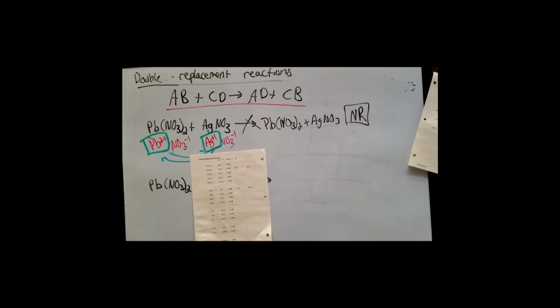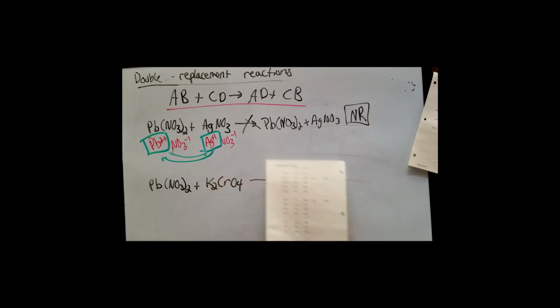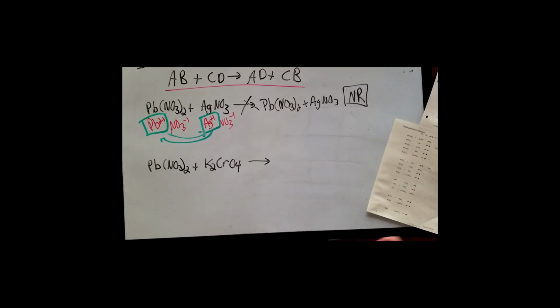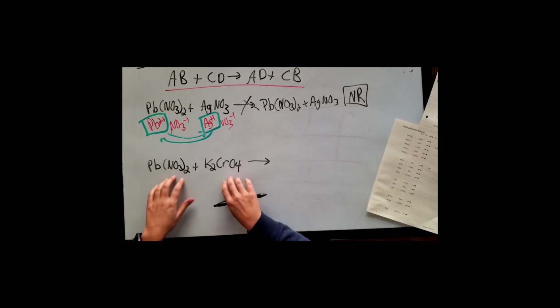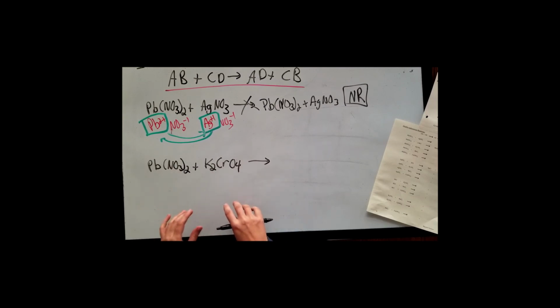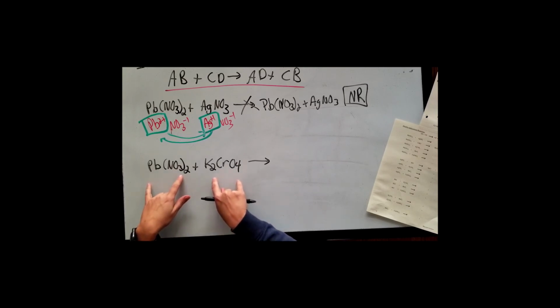All right, let's look at another one that might possibly be a reaction. So the key for double replacement reactions, how do you tell if a reaction's happening? Well, when you watch the PowerPoint video and you see the two solutions mixed together, evidence of a chemical reaction for double replacement reactions is oftentimes color change, but the formation of a solid is the big one. So if you see a solid form, if it gets cloudy, that means yes, a reaction happened. You can also predict if the reaction is going to happen by